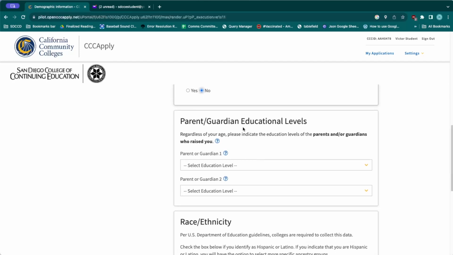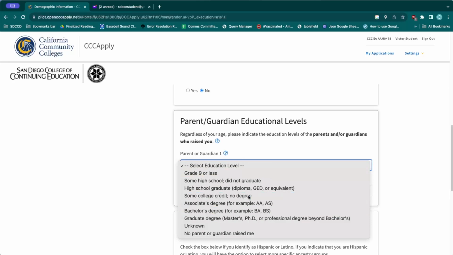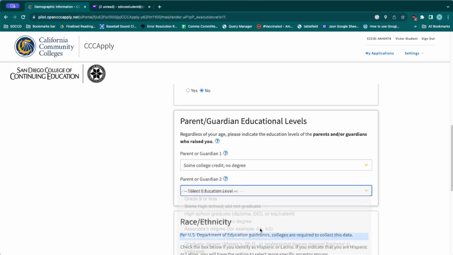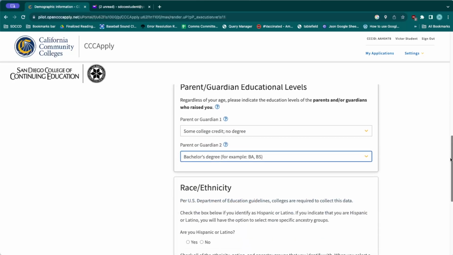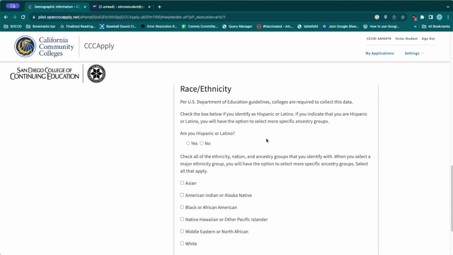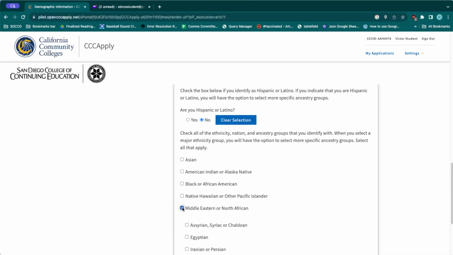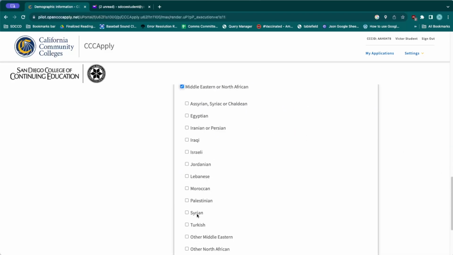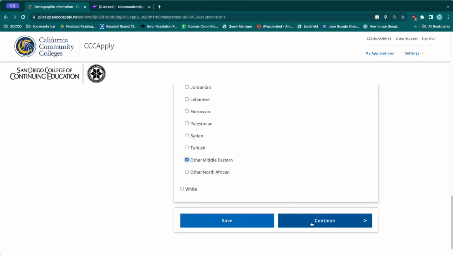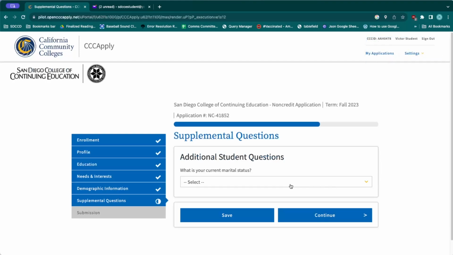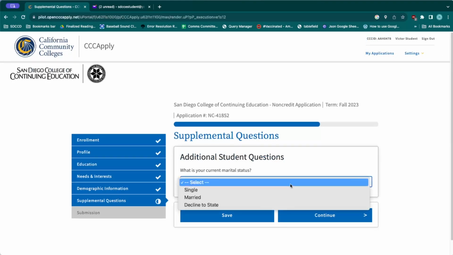Your parent guardian education levels. And the race ethnicity question. Next, it's going to ask you for your current marital status.